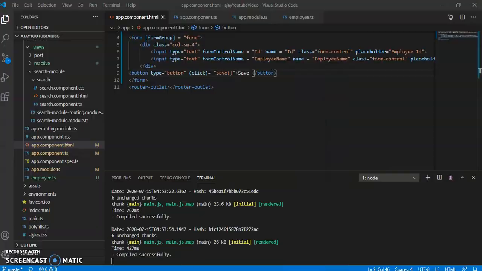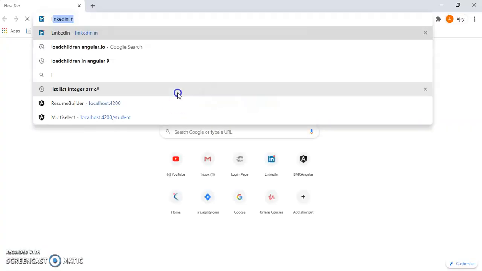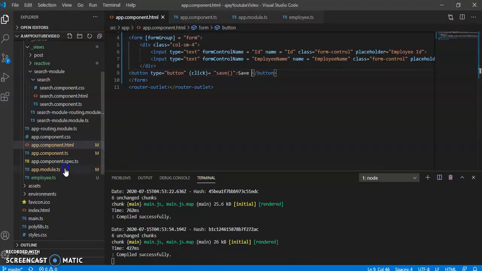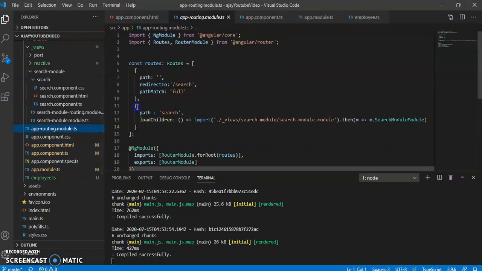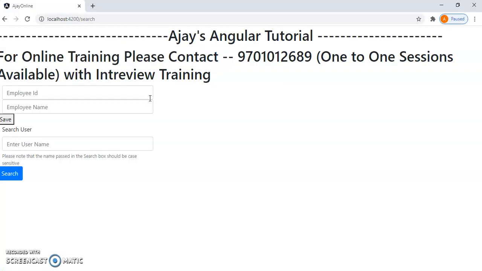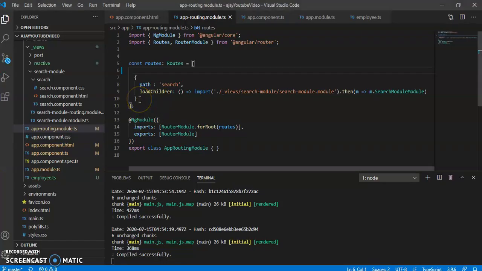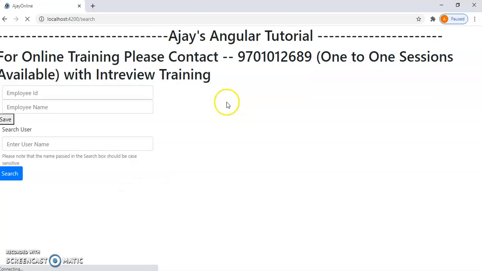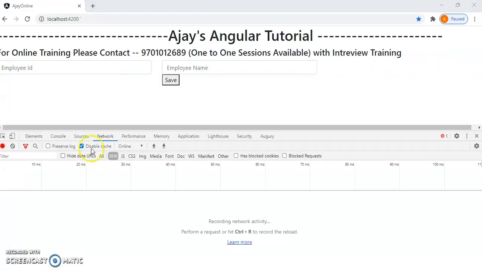Google Chrome, localhost 4200. Now, as you can see, this is my output.